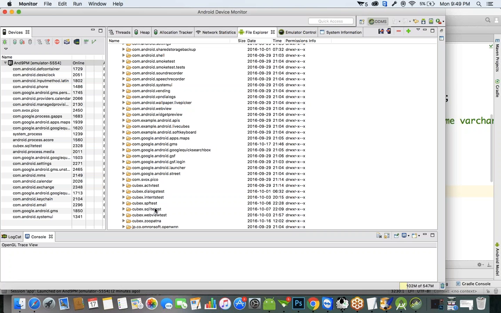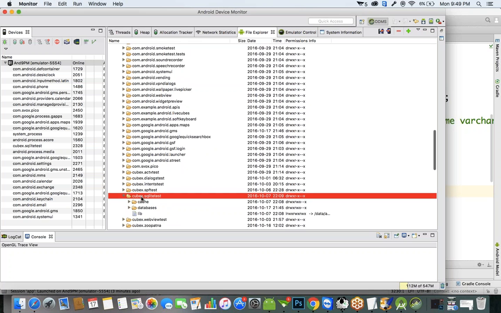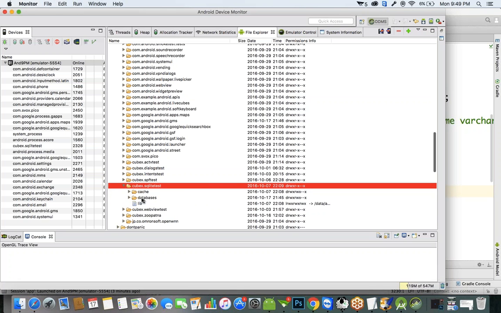qx.sqlite test is our application, right? So whatever package name you specified for your application, with that package name it is going to generate a folder here. In this sqlite test folder, you can find a folder called databases. You can find a folder called what? Databases is the folder name. In this databases folder,